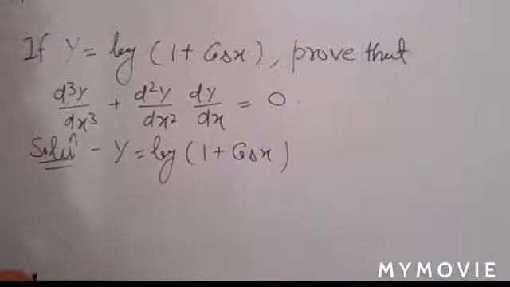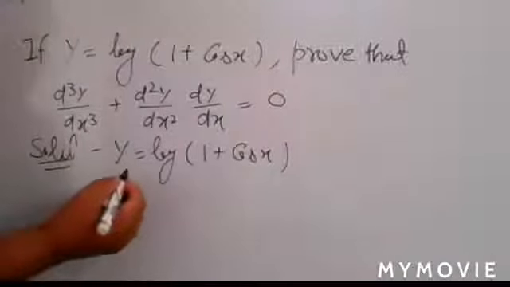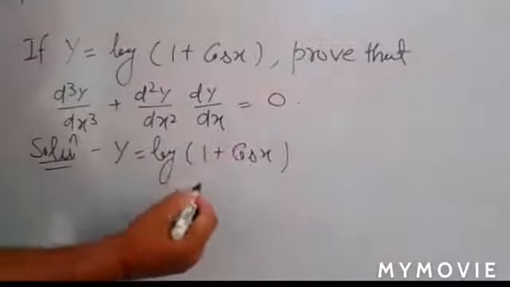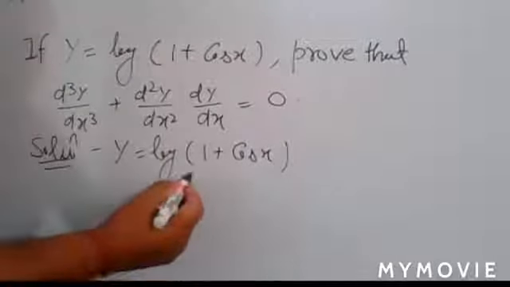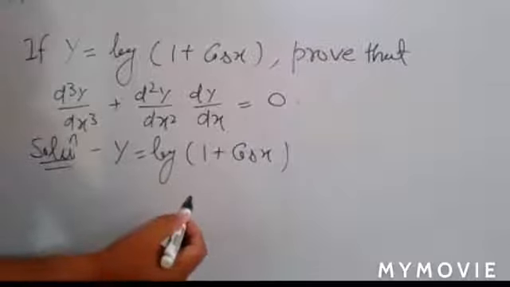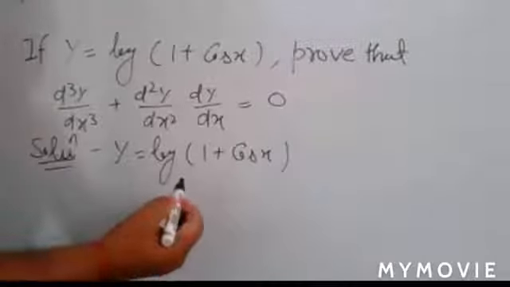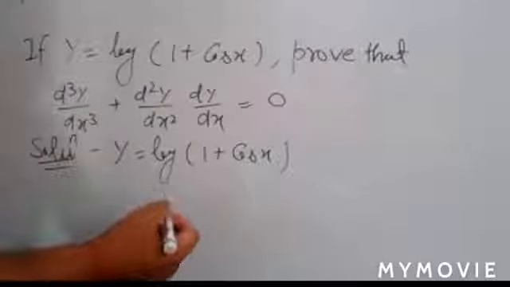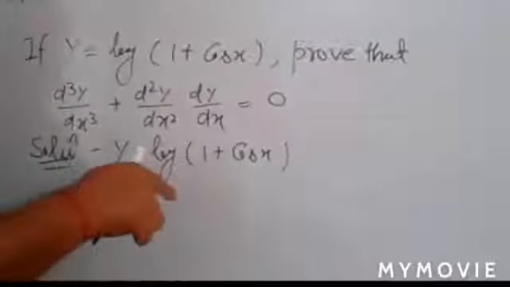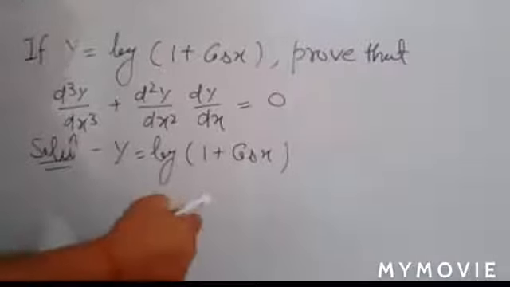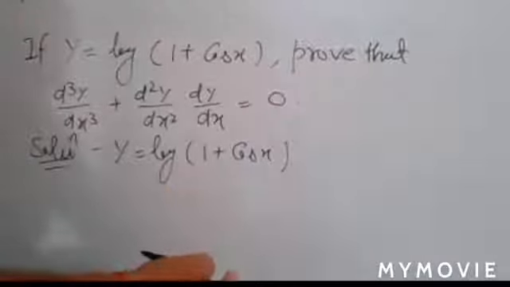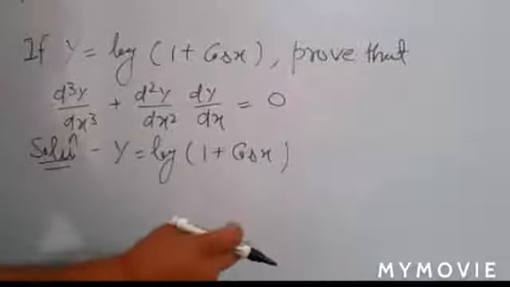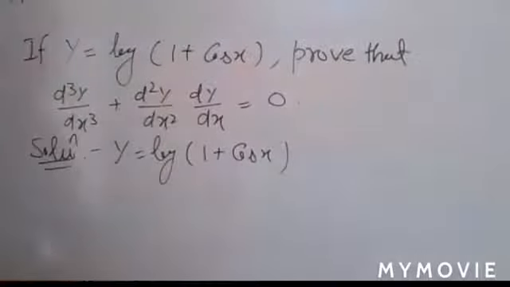Now differentiate it. So if you are differentiating, in which way can this function be treated? Log x. Yeah. So log of 1 plus cos x can be treated as log x. So here you apply the formula for log x. Then you have to differentiate again the function which is in place of x. So in place of x, here you have 1 plus cos x. So you differentiate that function again in the form of a product.